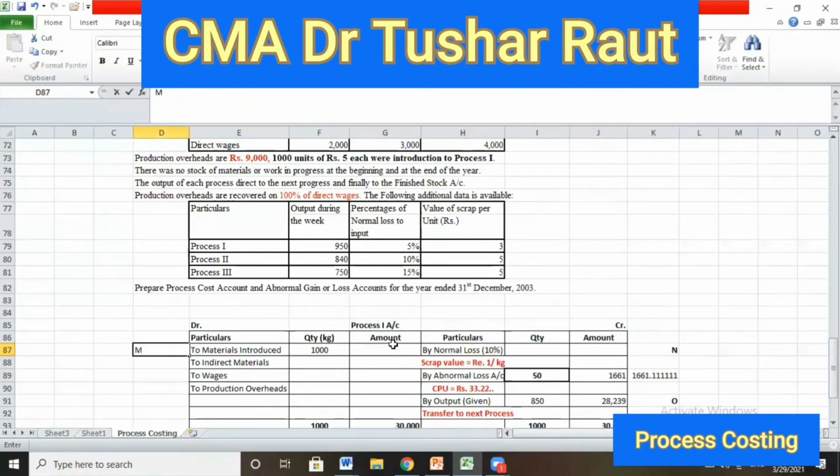Here we must write ME and all kinds of expenses. So ME, and then NOT, then tally the quantity column. That needs to be understood. We don't know whether there is any abnormal loss or abnormal gain, we are just writing here. We don't know the exact amount of scrap value. I'm just trying to mention a format that we need to follow.